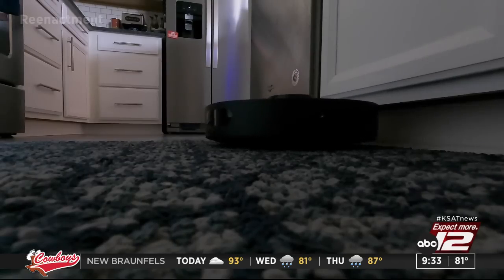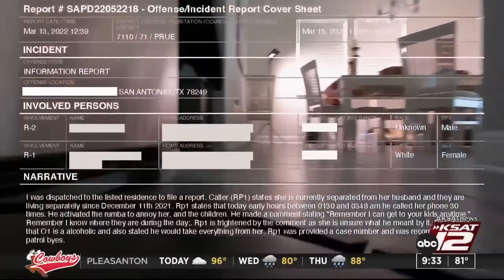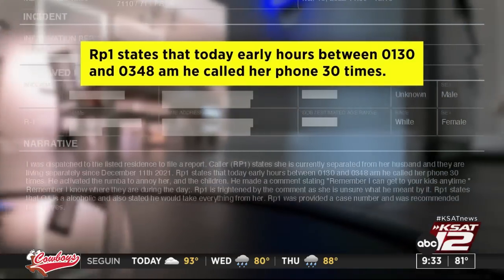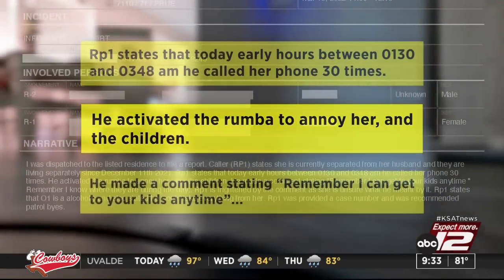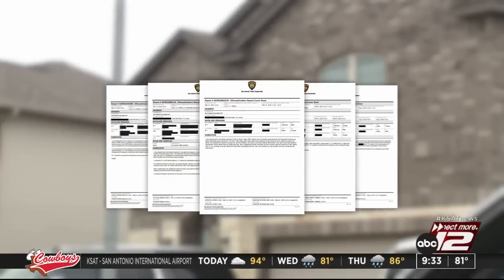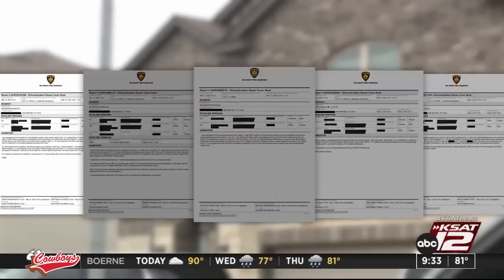Dr. Melissa Graham says she first decided to report her then estranged husband to San Antonio police in the spring of 2022. He had called her, according to SAPD records, 30 times in the middle of the night, then activated the couple's robotic vacuum and made comments that frightened her and her children. It was the first of 5 times in 21 months Graham reported Juan Hernandez Barrios to police, including this May